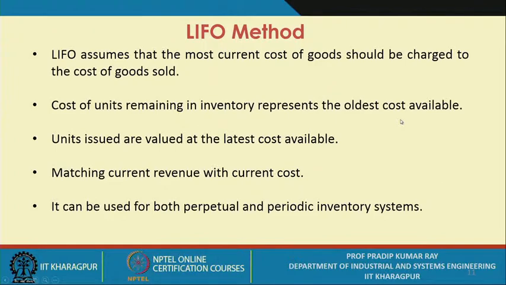Now, if you opt for the last in first out method, there are certain points you should keep in mind. The LIFO assumes that the most current cost of goods should be charged to the cost of goods sold. That is why it is referred to as last in first out. Cost of units remaining in inventory represents the oldest cost available. This is just the opposite to the FIFO method. Units issued are valued at the latest cost available, matching current revenue with the current cost. It can be used for both perpetual and periodic